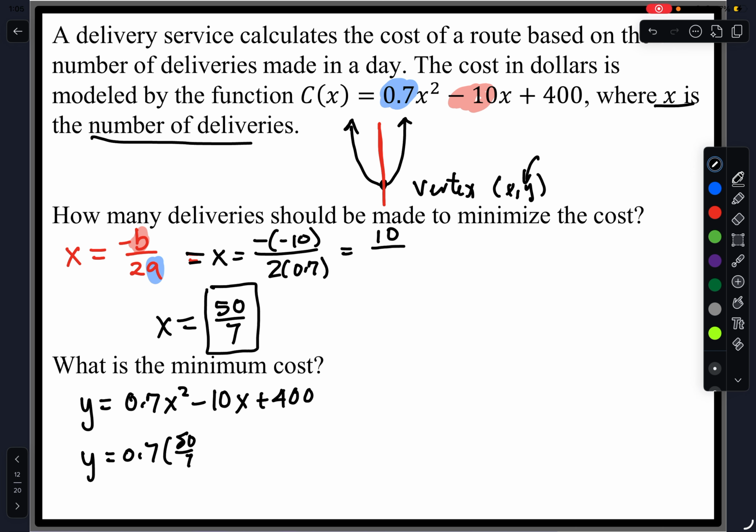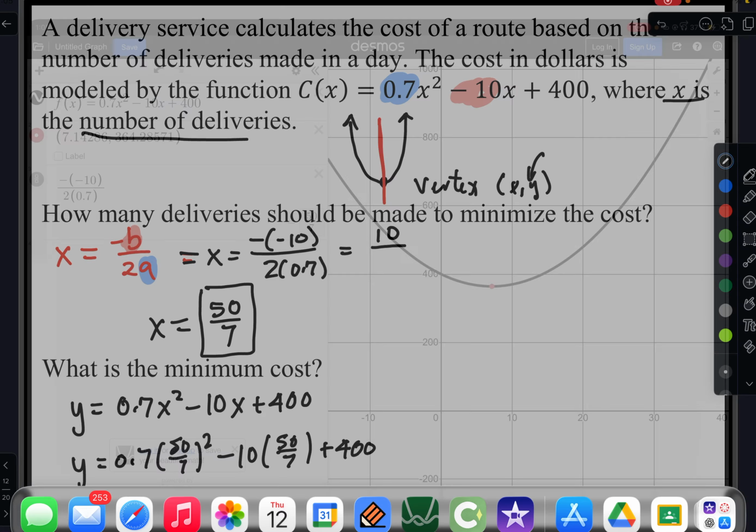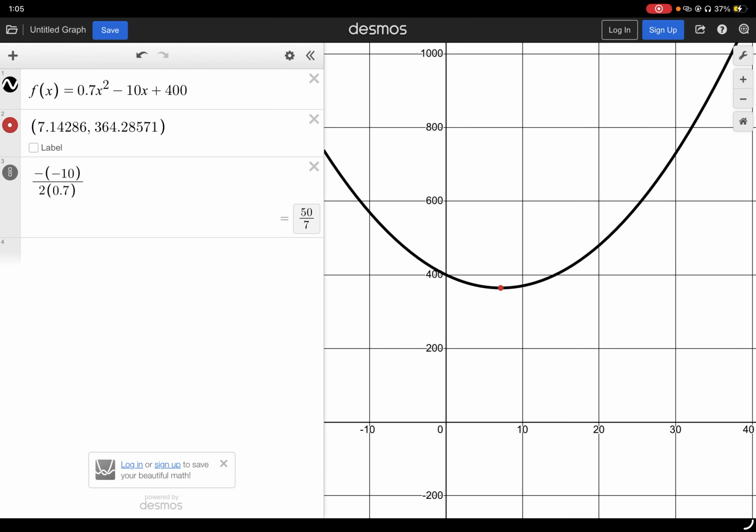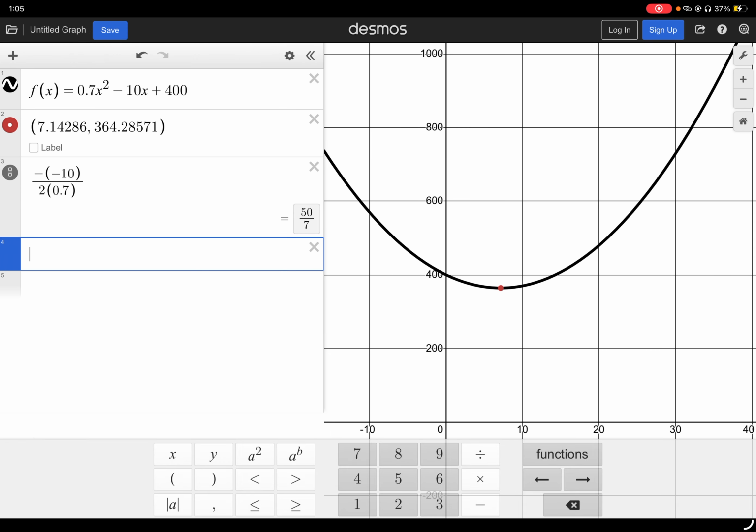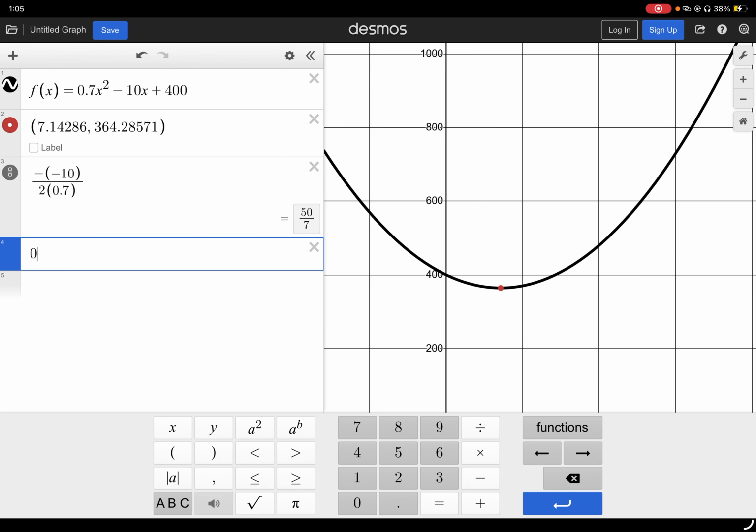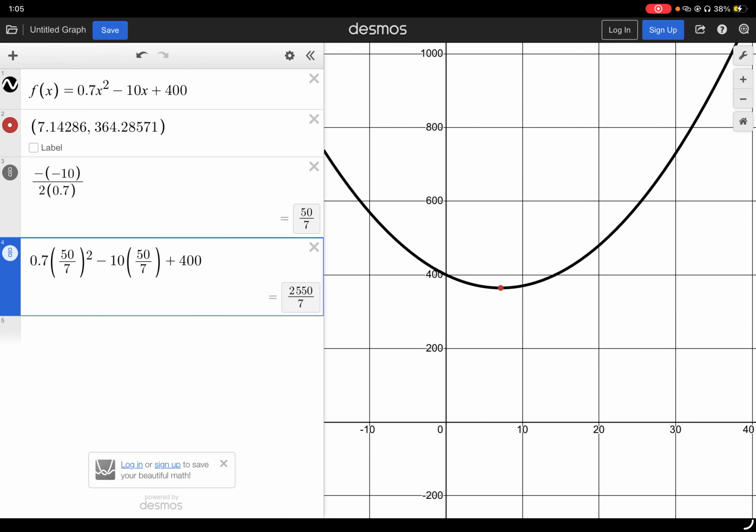That's 0.7 times 50 over 7 squared, minus 10 times 50 over 7, plus the 400. Let's use decimals just to do the calculation a lot faster. Because I have the function labeled as f of x, I don't have to do it by hand, but I'll show you the shortcut. So 50 divided by 7, raised to the second power, and then plus the 400. We get a total of